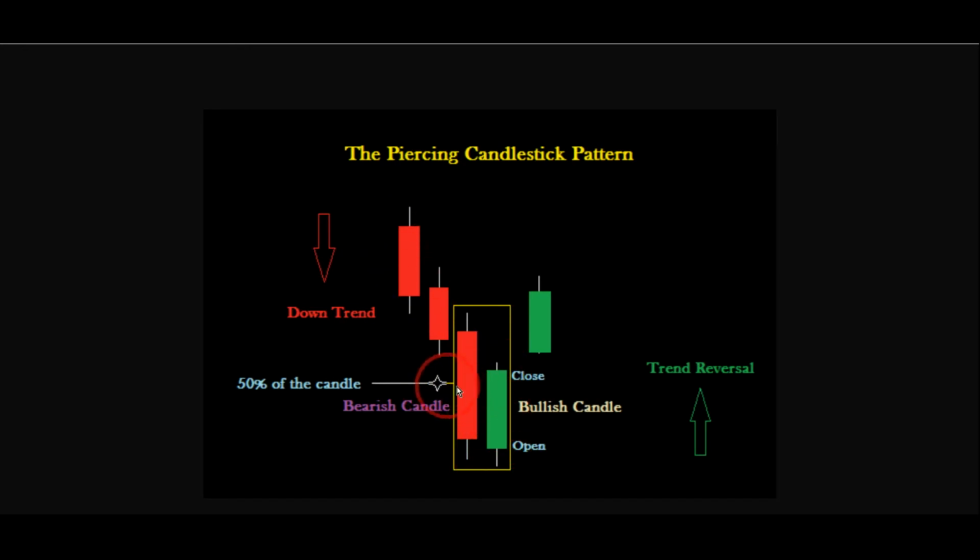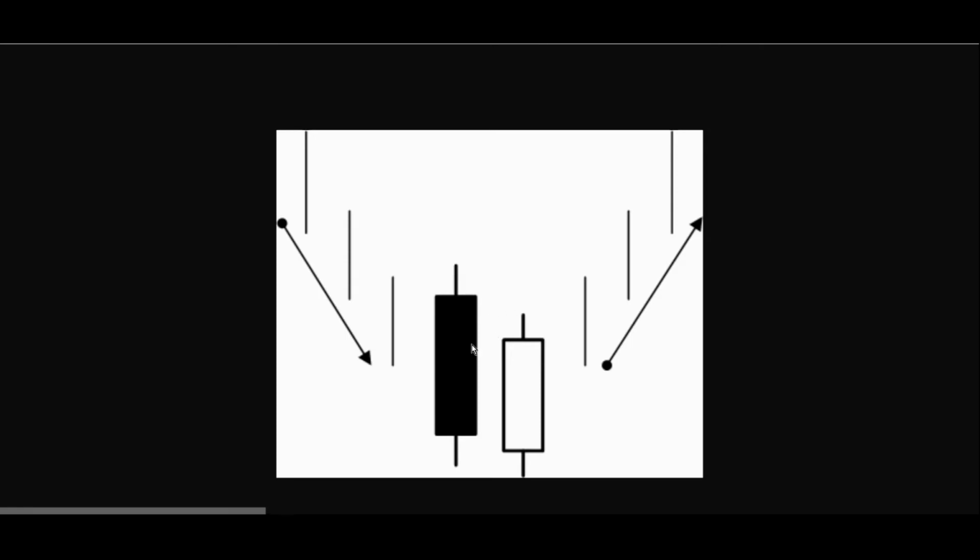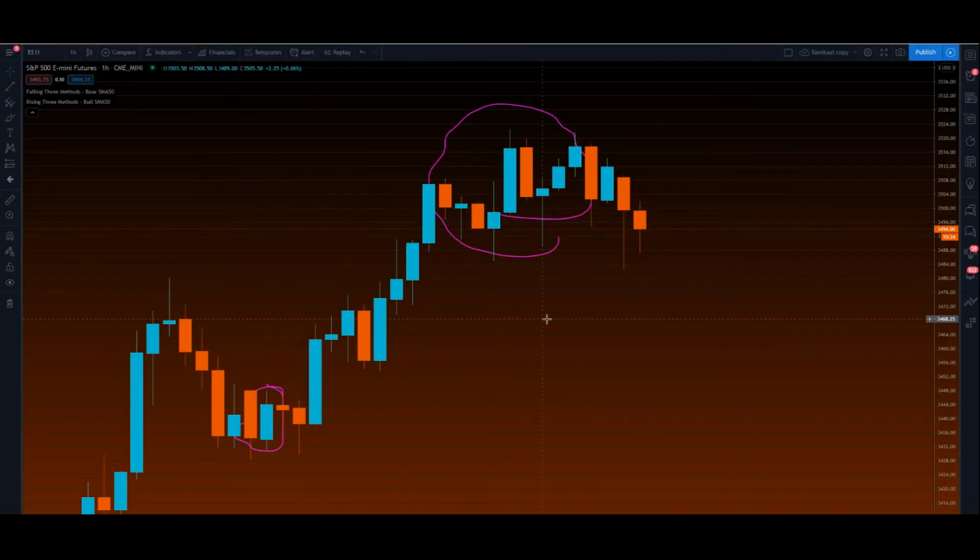And then we know it's reversal because it got halfway back, and then typically is followed up by a confirmation green candle next. So if you want to see it in black and white, this is what it looks like in black and white. So exact same thing, downtrend, come back up above the 50%, confirmed with a following bull trend. So I have a couple of candles pulled up on futures here just to show you what it's like